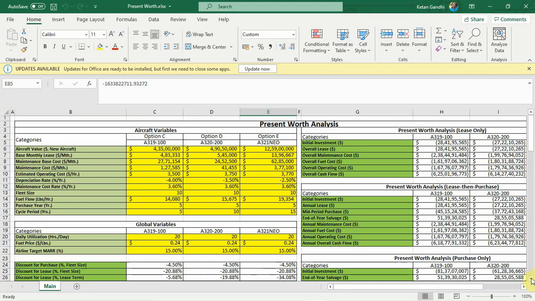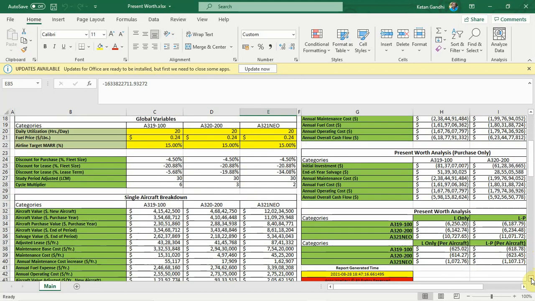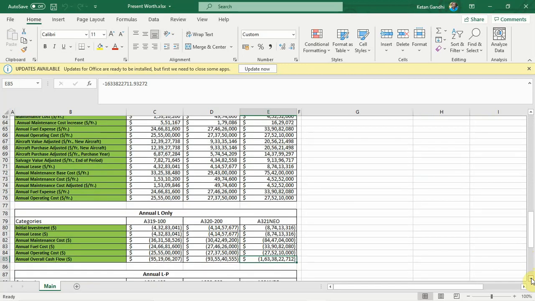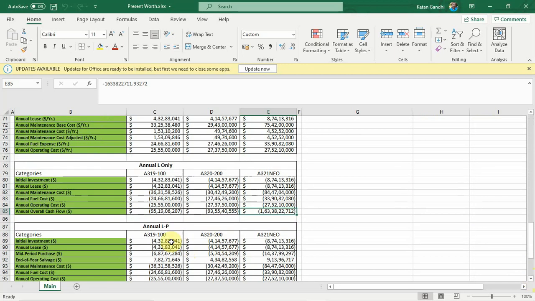and then we'll have the purchase only. So first we saw the lease part of it, lease only, and then we'll have the lease and purchase. Here the aircraft is leased first and then purchased at a certain term. So the initial investment is the same as what we saw here, and this is what the annual lease is per year. So this is what is entered here,